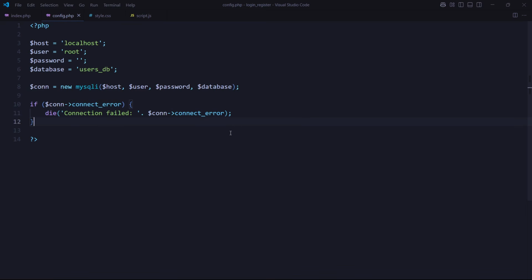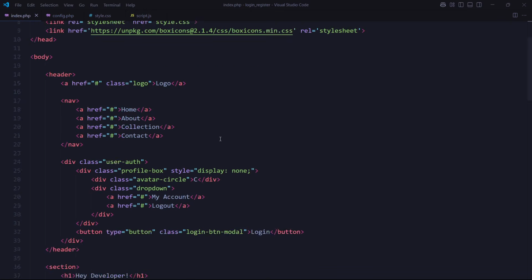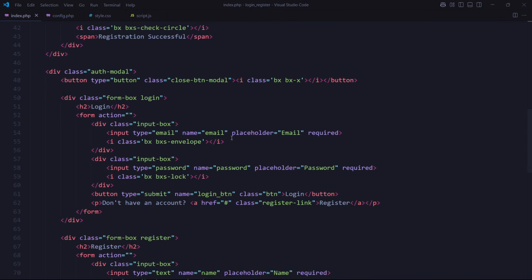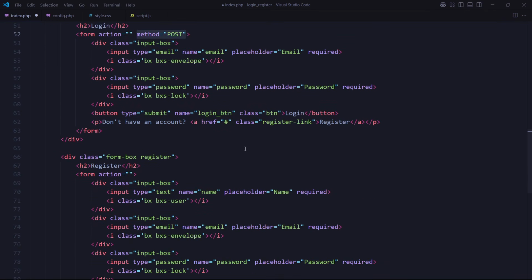Next, we will make the login and register forms work. Now we go to the index.php file. First, we add the method attribute with the value post on the login form, and then on the register form. This is one way to send data from the form to the server. Then for the destination location of the form data submission, we fill it in the action attribute, which is a file named